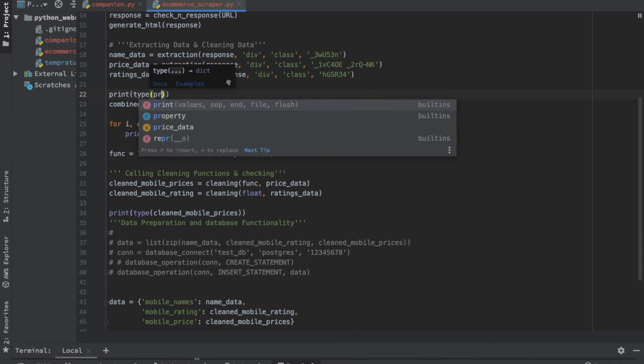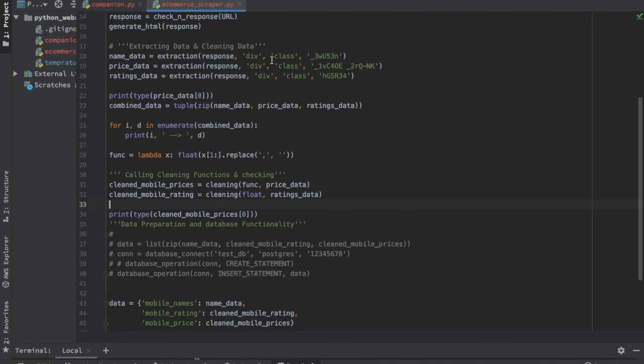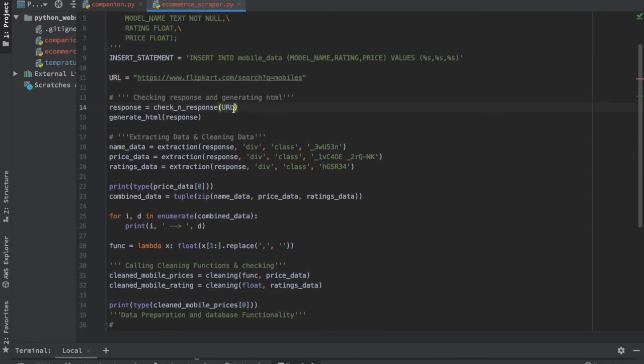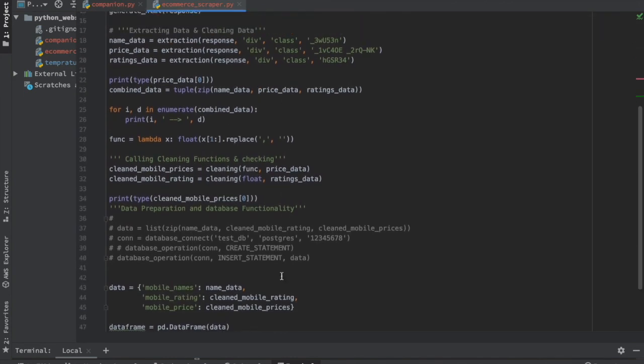In price data I'm going to look at the zero element, so it will tell me that it is a string, and then I'm going to see if it is being converted into a float. If I run this whole function, it should extract the data, create an HTML, and clean the data. So let's give it a go.